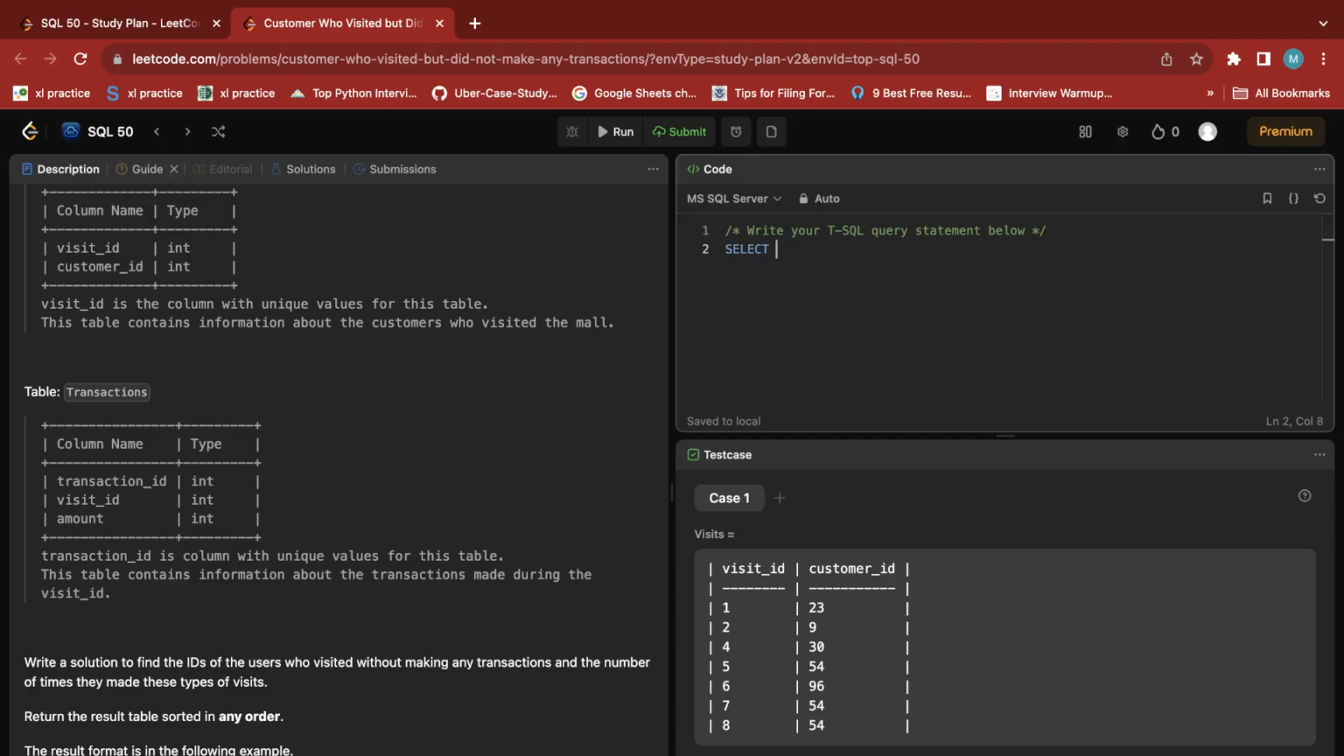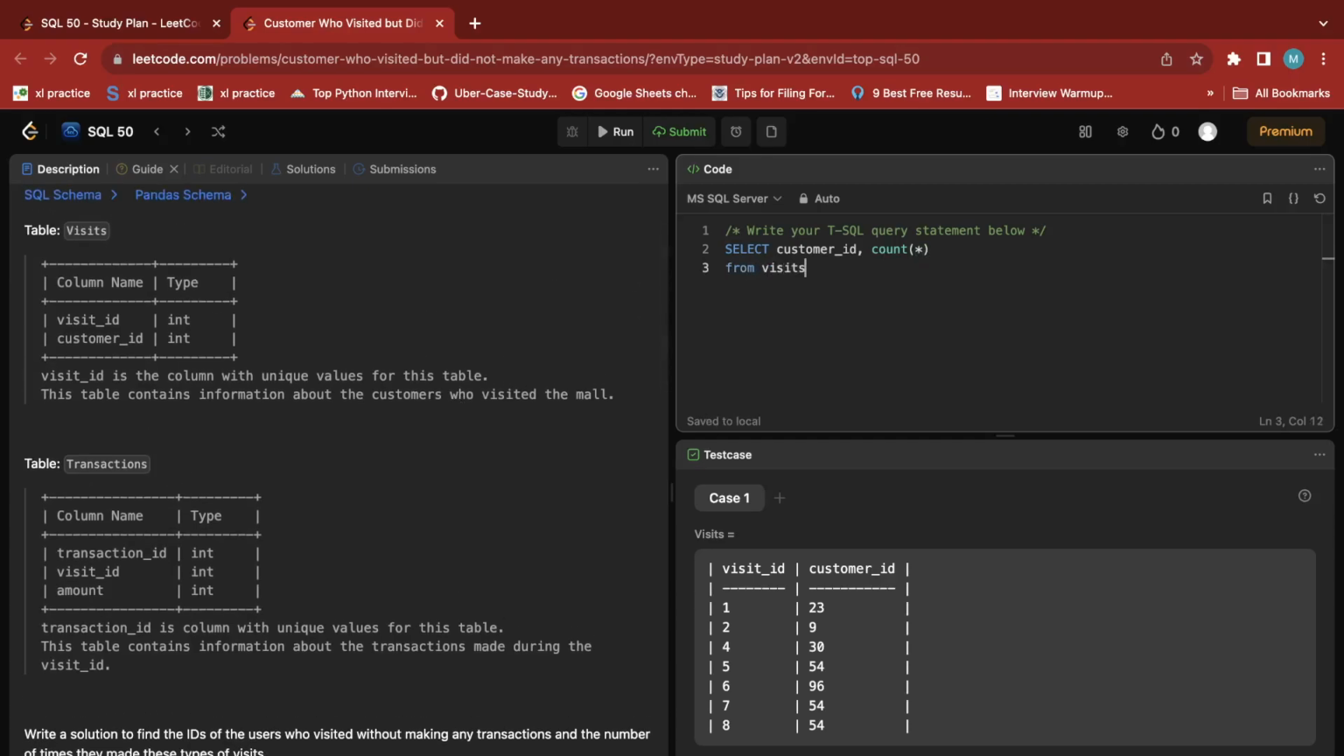We have to find the customers, so customer ID, and the number of visits they made without performing any transactions. So hence I will do a count star from visits, where my visit ID not in